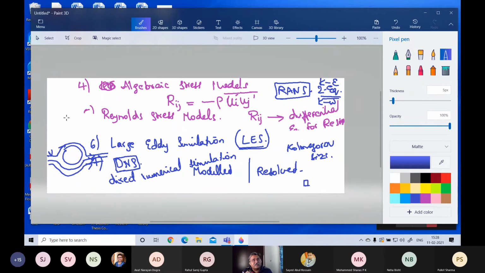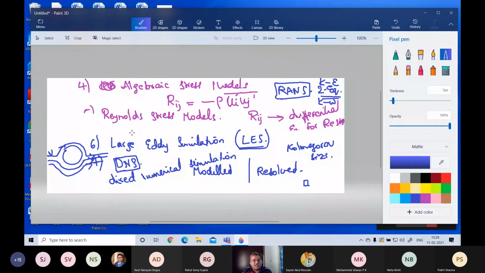And it's not even enough that you take a small length scale. The time scale should also be the Kolmogorov time scale, which is very small. So if you run with a Kolmogorov length scale and a Kolmogorov time scale, right now it cannot really run. Nowadays you run it for maybe half an hour for a small case like this. That is how much DNS has progressed.